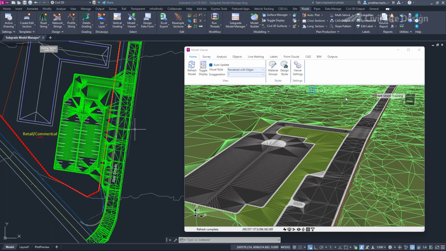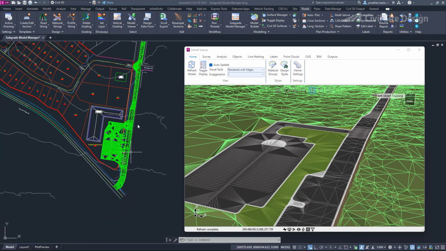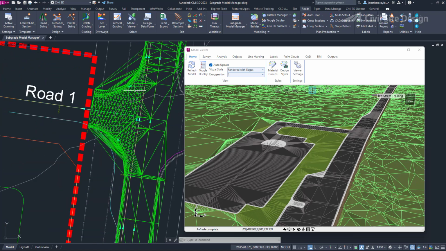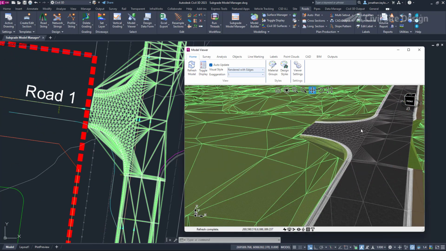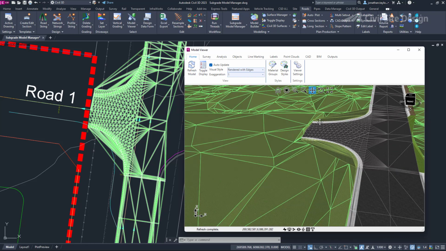One of the benefits of having the Subgrade Model Manager is that you can now create subgrade models of Model Builder models. In this particular example we have a single road going north-south. We have some curb turns. As you can see here, I've got the model being displayed in Model Viewer, potentially for a future development, but